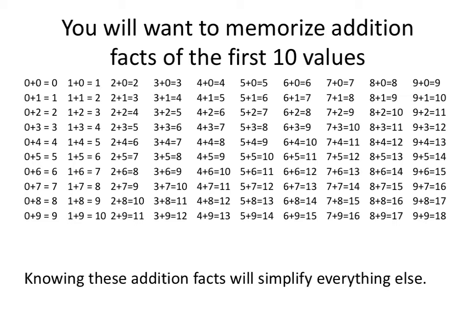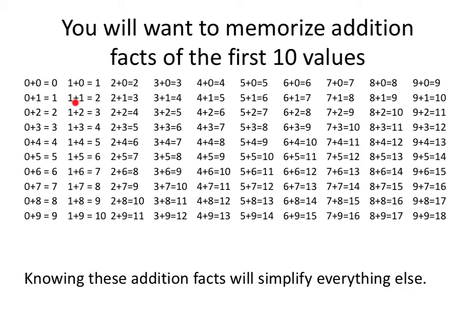So what's the most efficient way? Well, the most efficient way is to memorize the first 10 values added together. Now, when I say the first 10 values, I'm also including 0, because do we end up adding 0 to some numbers? Yes, we do. And yeah, this took a long time to type, but if you can get these down,